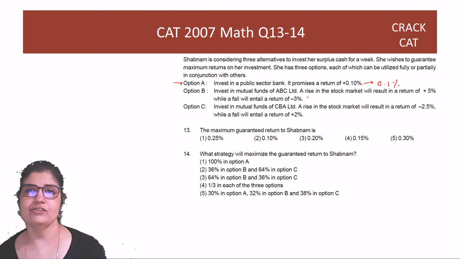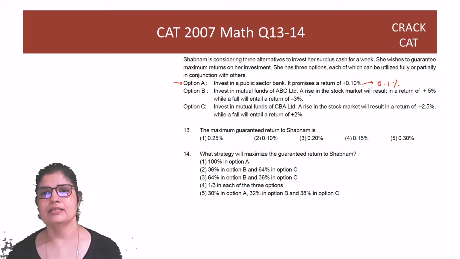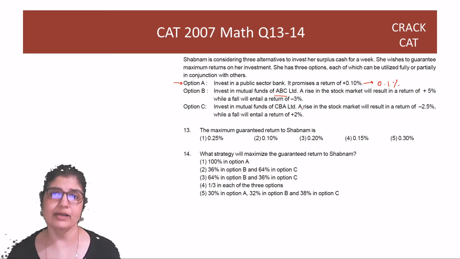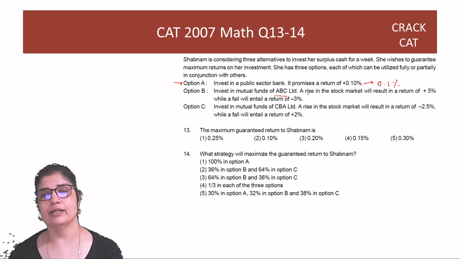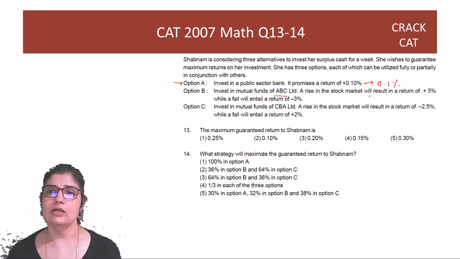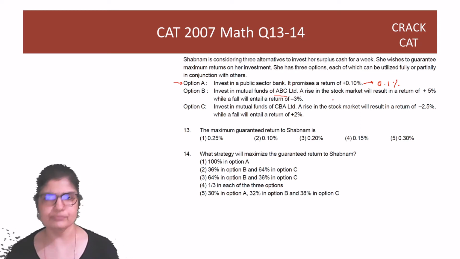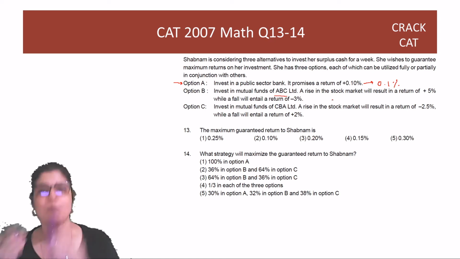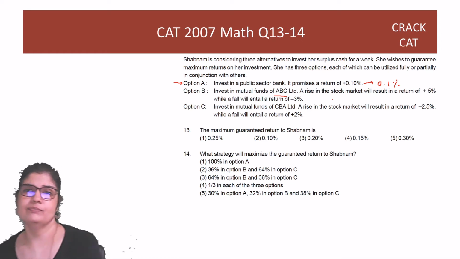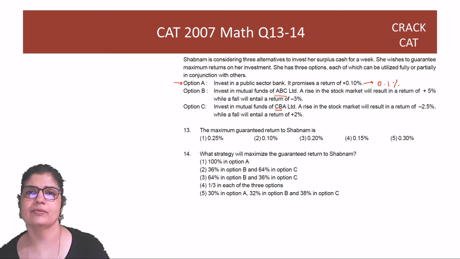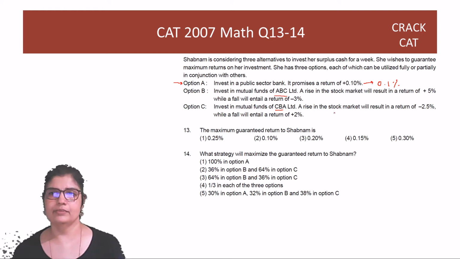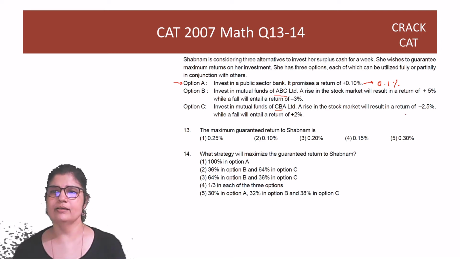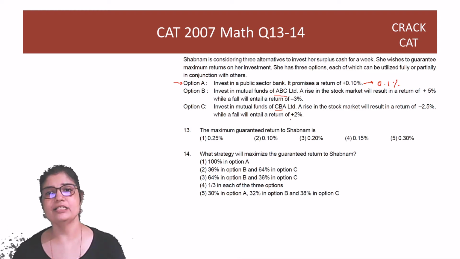On the other hand, if she's investing in the market, right, there is one mutual fund ABC that goes up with the market and goes down with the market. So if the market falls, the stock falls. If the market goes up, the stock goes up, right? The mutual fund stock. So you get a plus y return when it goes up, minus 3 return when it goes down. On the other hand, एक दूसरा म्यूचुअल फंड है एबीसी का उल्टा सीबीए, राइट? सीबीए में उल्टा हो रहा है कि जब मार्केट ऊपर जाता है तो ये नीचे आता है, करेक्ट? और जब मार्केट नीचे आता है तो ये ऊपर जाता है.